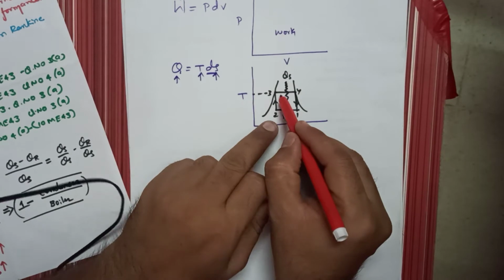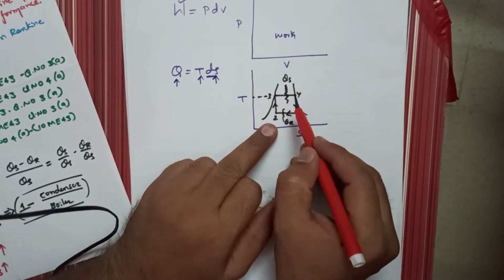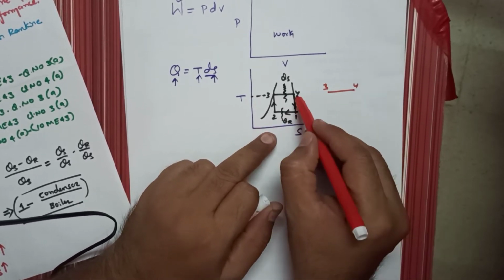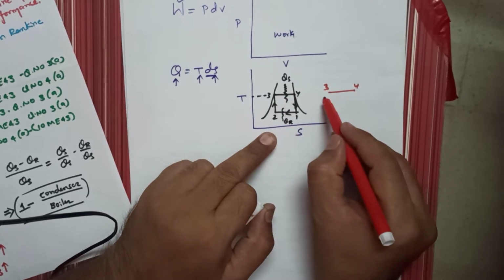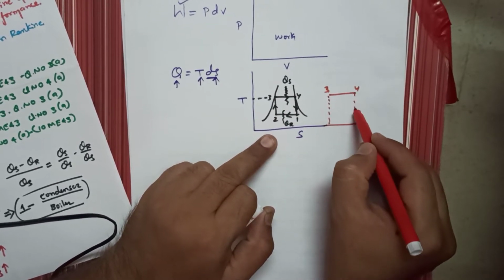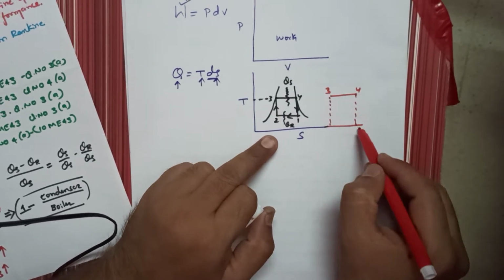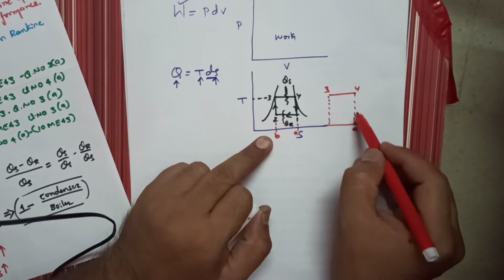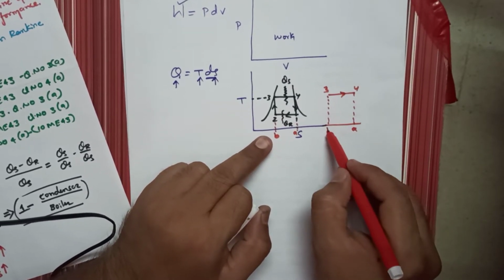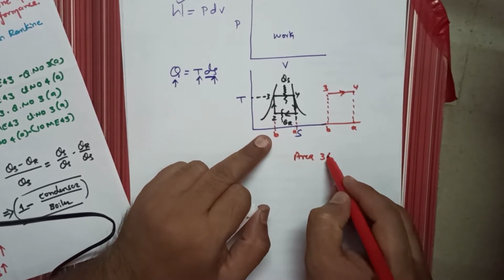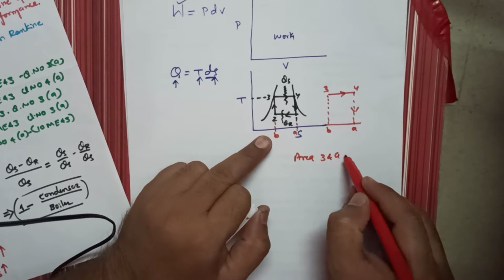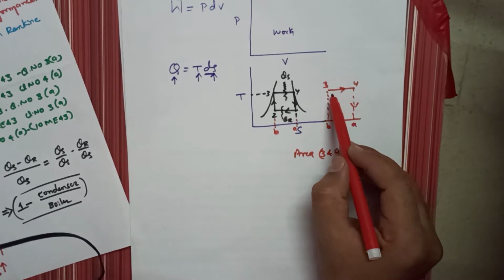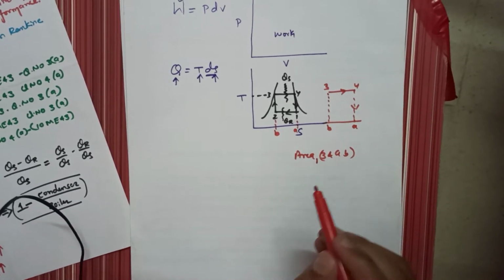So for example, I will consider the curve 3 to 4. This is the curve for this cycle. So 3 to 4 is here. So the area below this 3 to 4 curve, I will draw a line like this. This part, this line, I am considering as 3, 4. I will consider this point as A and this point as B. So the area below the curve 3 to 4 is now area 3, 4, A, B. So 3, 4, A, B is the area below the curve 3 to 4. Okay. So this area I will take as area 1.